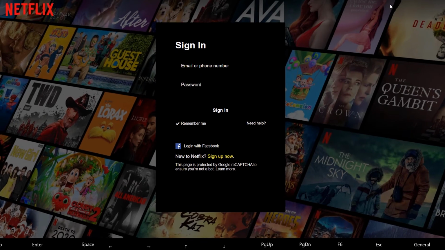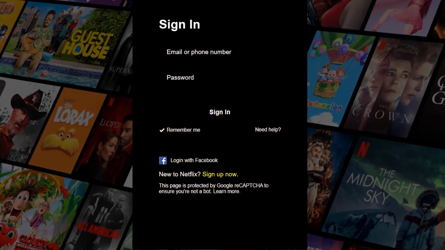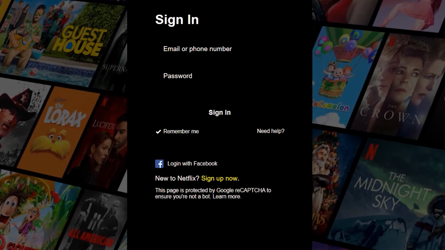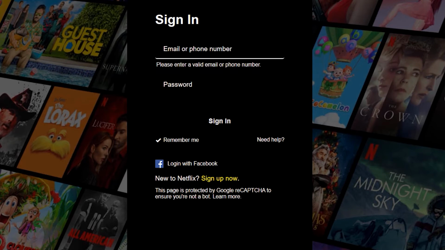Their sign in is not good on high contrast mode because on the sign in page, I cannot see where the boxes are to input my text. I think they're supposed to be somewhere here, but I'm not sure. So they fail high contrast mode. Let me try to tab to them. Okay, that's weird. Why am I selecting the logo twice? That's not so good. It's not that big a deal, it's just annoying.